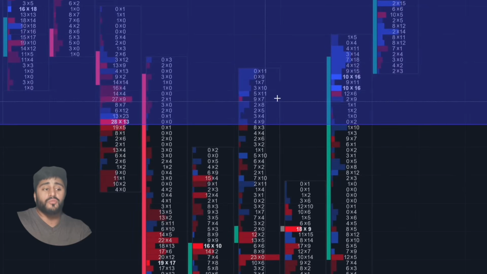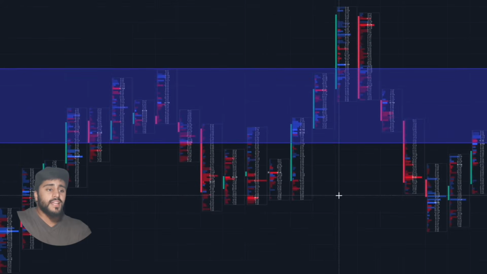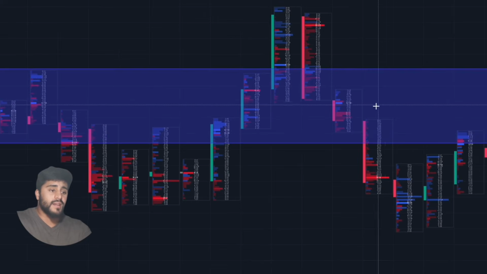You just want to focus on the blue. The blue represents the delta outliers. Positive delta outliers means there's more aggressive buyers than sellers. Now, we see that in a multitude of areas. Yes, we broke above the area, but what you want to understand here is we're still within this fair value